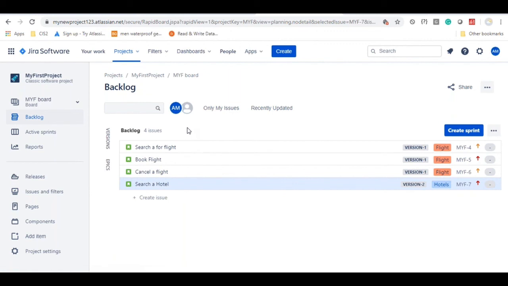So this is how the backlog will be created in real time. And this particular activity will be taken care of by the product owner. Any questions from anyone? How do I go back to my page? So you might have a link which you have received in your mail. So kindly open that and then click on that. It will take you to that page again. Maybe you have to enter your username and password.